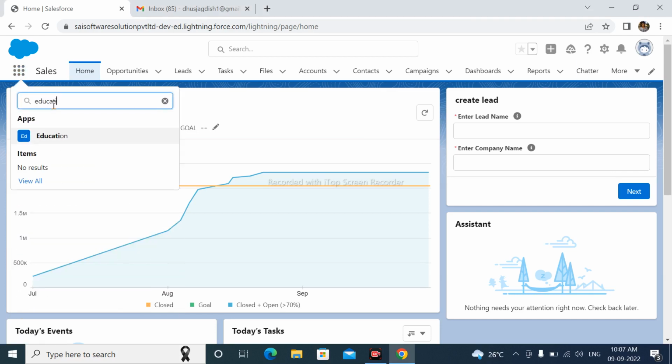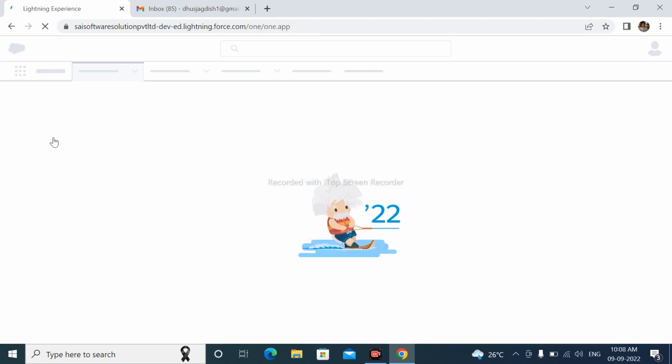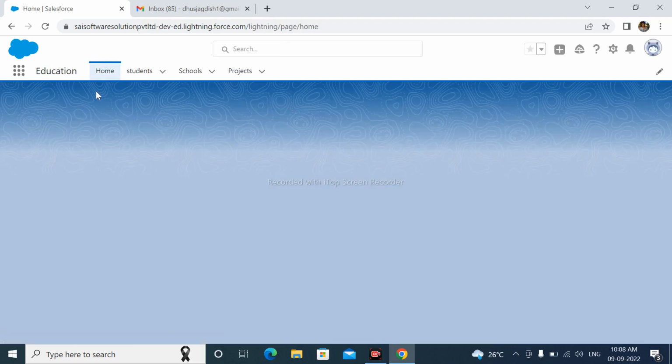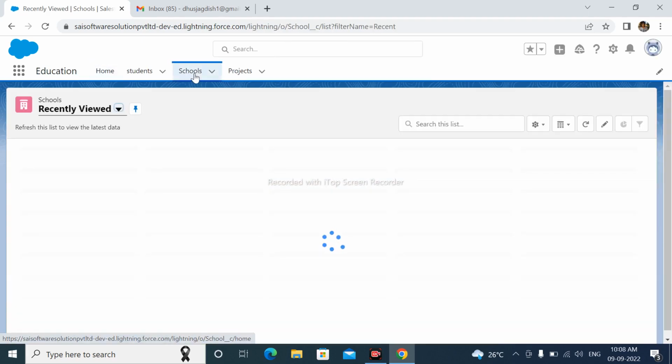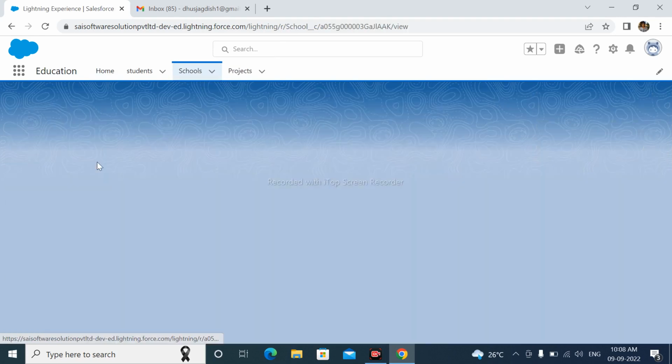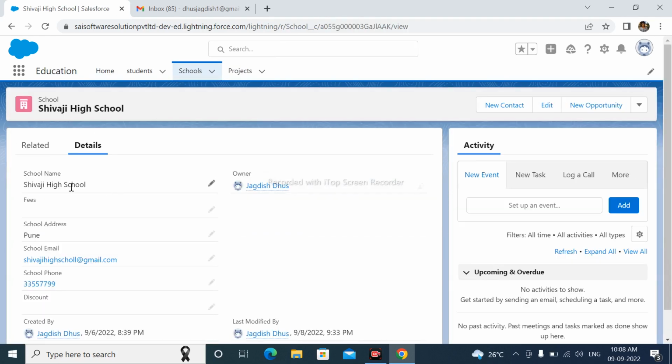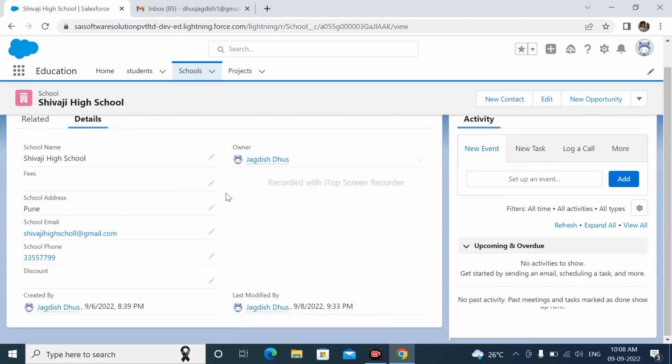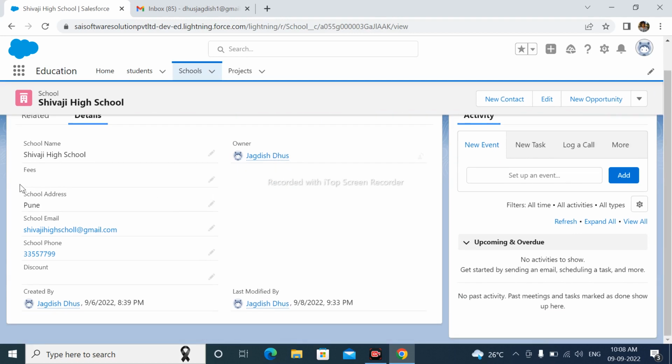Here I have opened my application, Education, and in that I have opened the School object. Here I have opened one school, Shivaji High School. Here we can see, when I enter the fees of the school and give a 10% discount on fees, then I want the final fee to be automatically generated. So